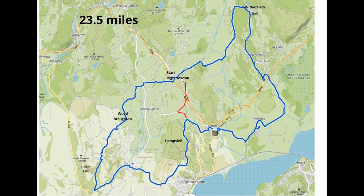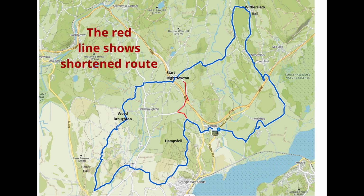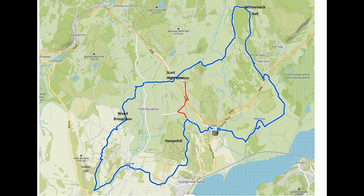I love this route. It takes in some wonderful bridleways, byways, green lanes, etc., through some fantastic countryside. The first half is really fairly easy, rideable by most people, but the second half, from the end of Hampsfell, well, that's a little bit rockier and it's not going to be everybody's cup of tea. But if you return to High Newton, where I point out on the video and on the map, you can shorten the route and make it a lot easier and